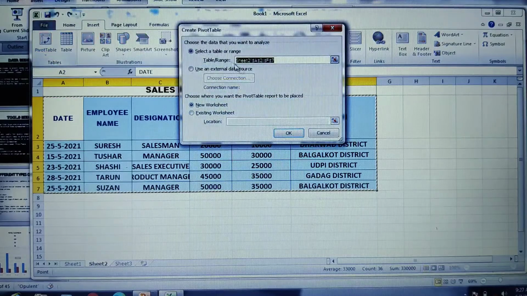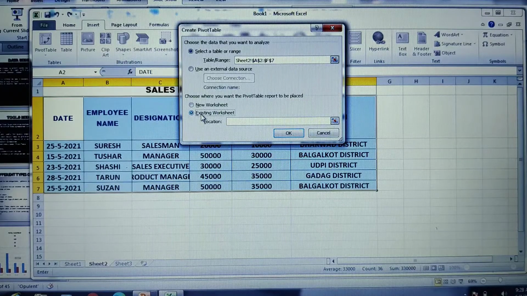It is asking you on this particular range you would like to have a pivot table. See here, dancing lines, you can see what the range is, that is A2 to F7 in Sheet2, herein. And then choose the existing worksheet.